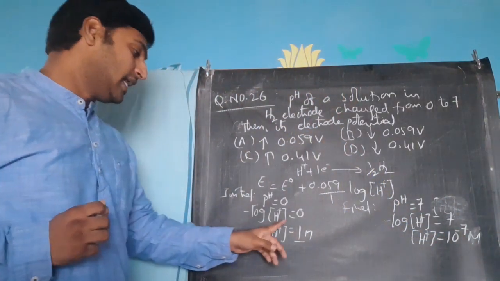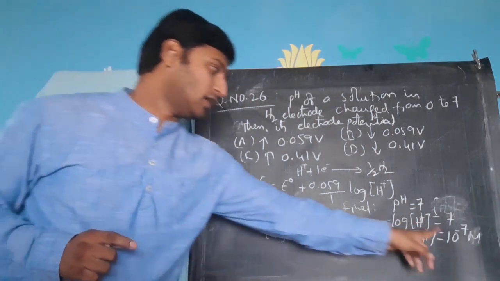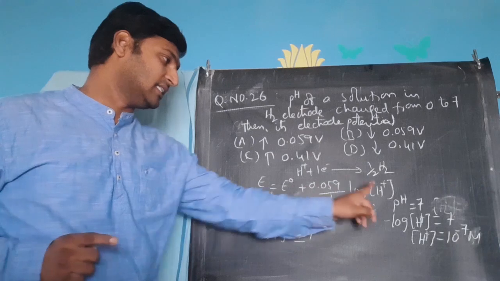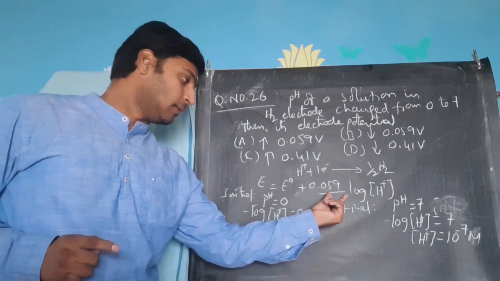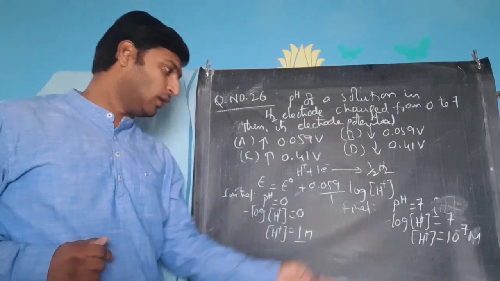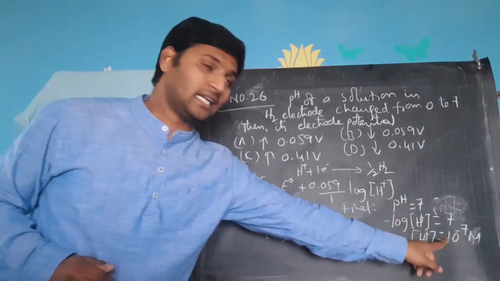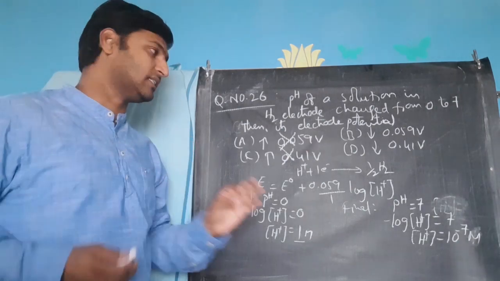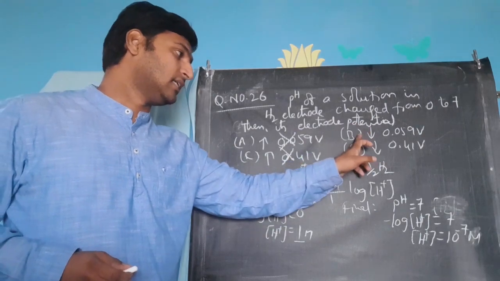Now, let us remove the meaningless options. When the concentration of H plus has decreased so much, from the Nernst equation you can clearly see the electrode potential is directly proportional to the H plus concentration. If it goes above 1 molar, something gets added to E naught. E naught is anyhow 0. If it goes below 1 molar, something gets subtracted from 0. So here the concentration has decreased, so voltage increases is a meaningless option. Obviously, voltage decreases. Now we need to work on whether the answer is this or this.